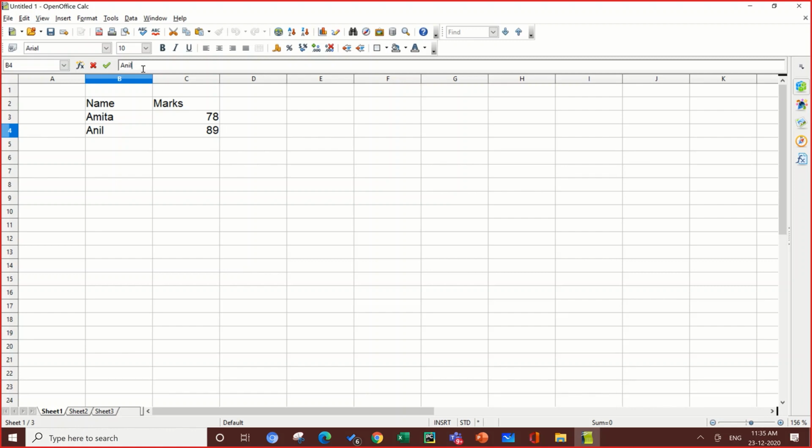And the second one is if you want to partially modify. What you can do is either go to the formula bar and change it, or you can double click the cell. Once you double click, it will make it into the editing mode.